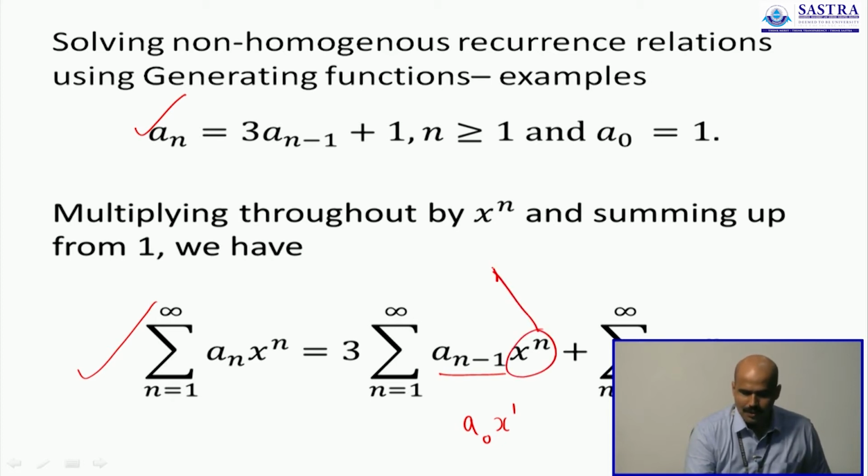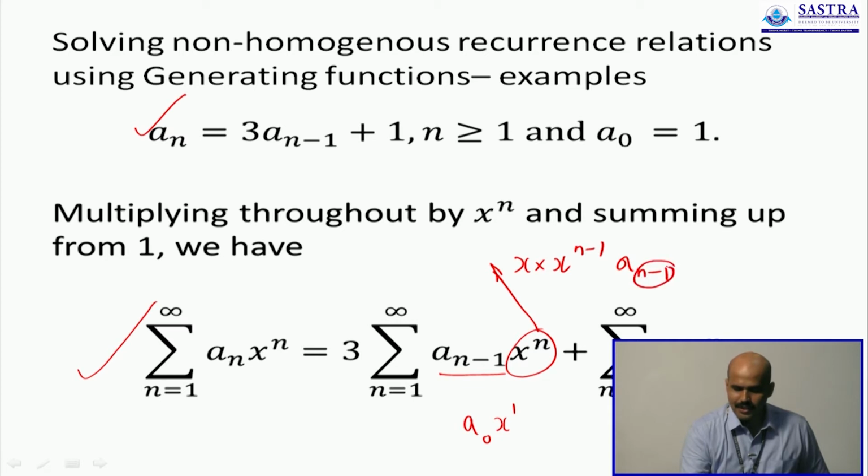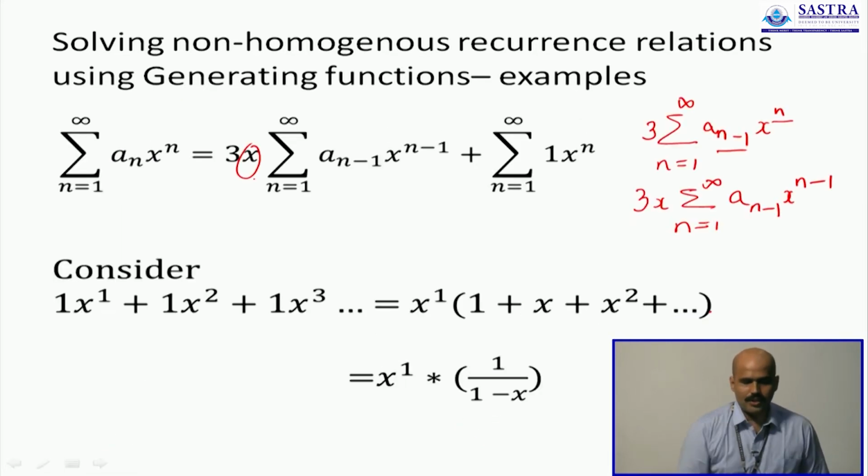I'll write this x power n as x times x power n minus 1. Now in that case, the subscript index n minus 1 and the superscript index n minus 1 are both the same. So this x, which is separate, I have written outside. I have not disturbed any other term in the summation, because everywhere the indices do match. It matches in the first summation because it's a1 x, a2 x squared, and so on. It matches in the last because every coefficient is 1. There's no problem with them. Only the second term needed adjustment, and we have done that.